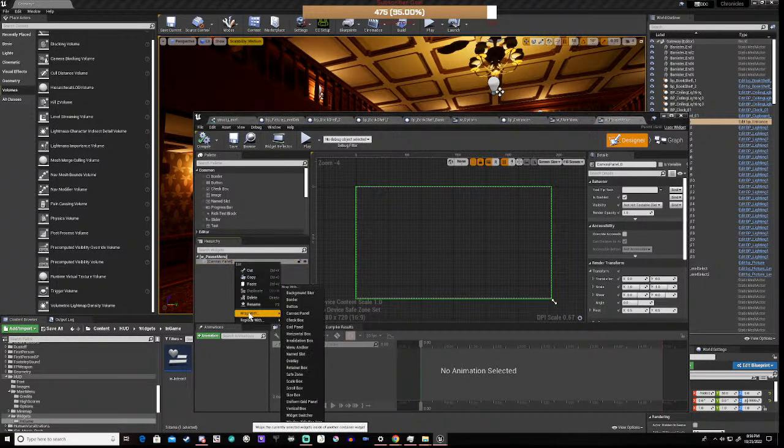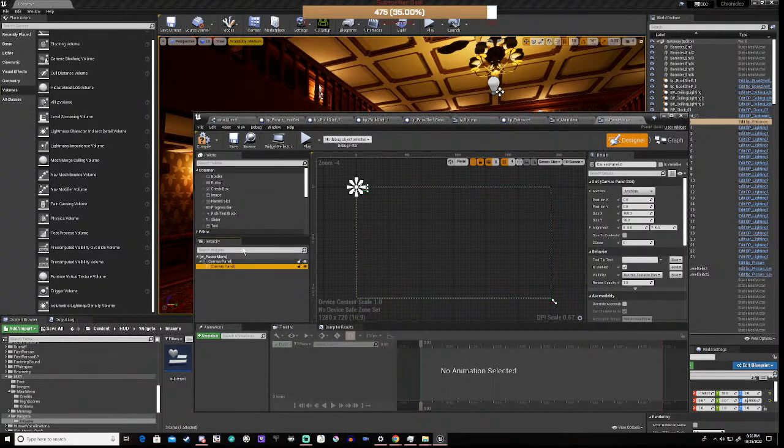And what we're going to do is wrap that with another canvas panel so that we can bring it down in size, and then we're going to select this and paste,